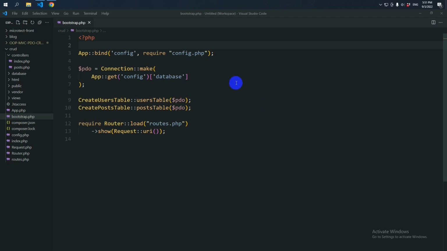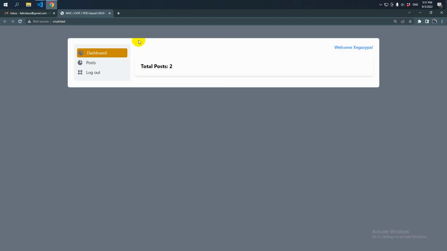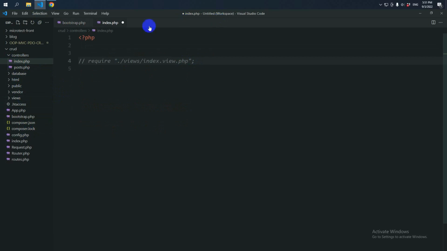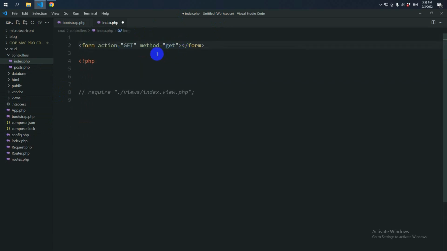Let's move on to take care of routing and request in a dynamic way. Okay, so we are doing it like this. Let's make a form in the controllers index. Let's do it here. Let's make it a get request. Method should be get, and the action is like